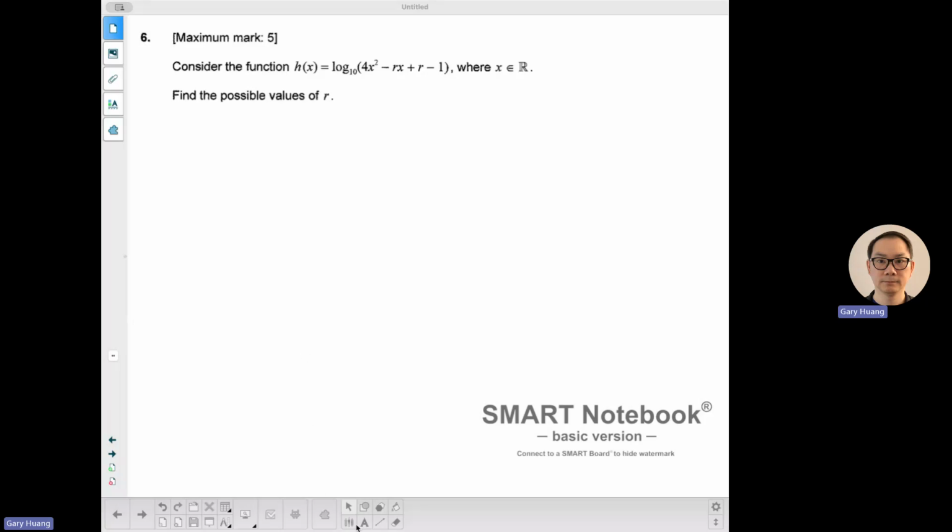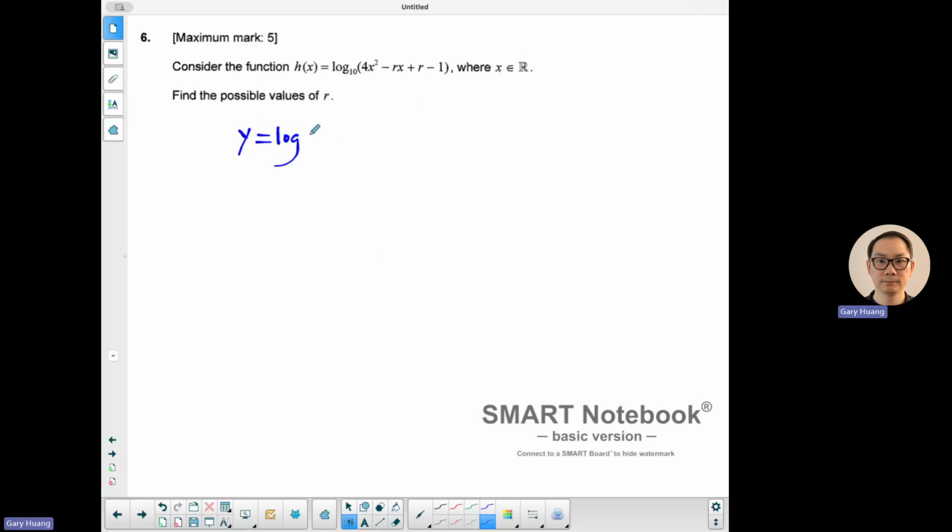Today we are looking at number 6 of the November 2024 paper 2. The question was given in terms of a log function. But then it really didn't ask you to solve for anything, but instead it asked to find the possible value of r. And a lot of people say, well, what do I do here? Do I set this equal to 0? Well, not really. You have to understand that for a log function,